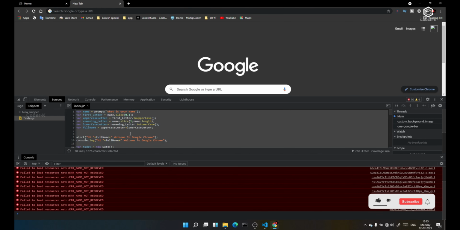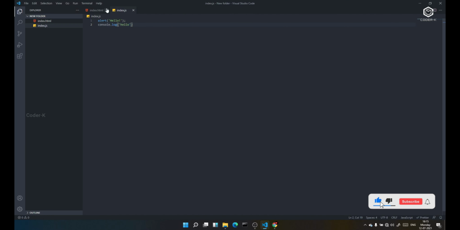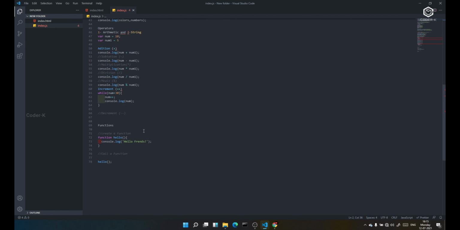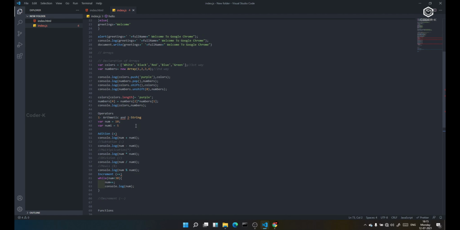Okay, control A, copy everything. I pasted all the code, guys. Here you can see what prompt name. It takes the prompt name and the slices and all the stuff which we created there is also created here.